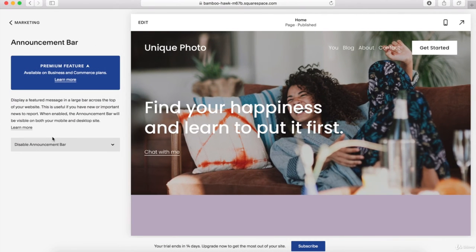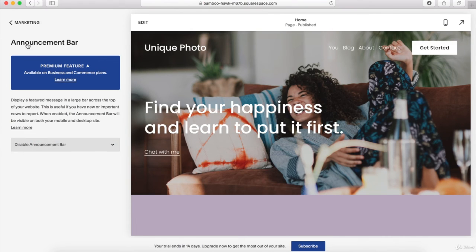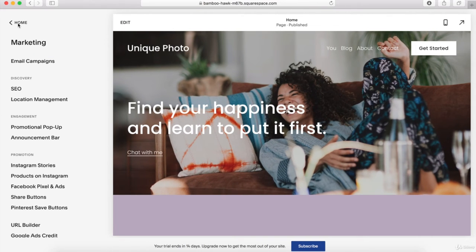We can click on this and you can again see that it's a premium feature that will show you what the announcement bar looks like. So we can just turn this on and you can see it right over here. Okay, so cool things that you guys can add to your website if you want to notify your customers